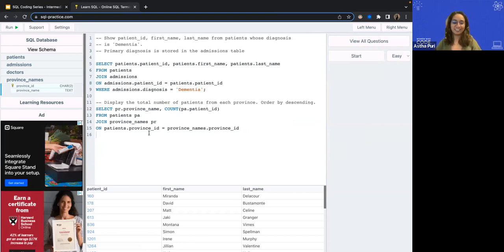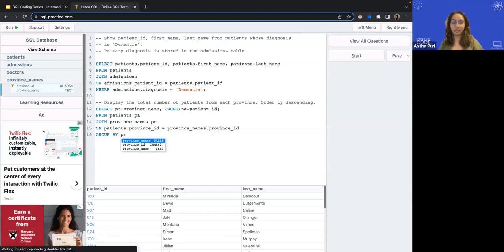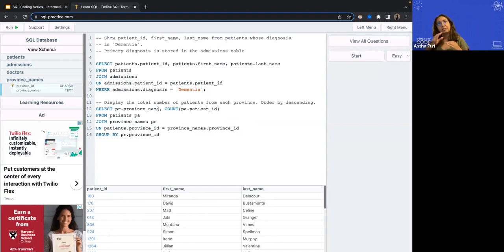Yes, I already see that on the chat, group by is coming. So that's right. I'm going to group by my province ID. So in every province, I'm going to create a category of the province ID or name. It's 1-to-1 for now, and then I'm going to get the count of patients from each province. So if I run this,